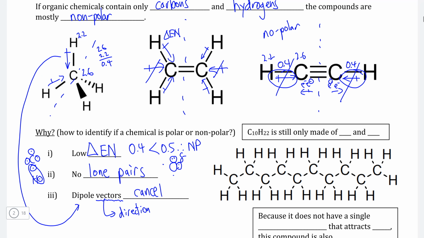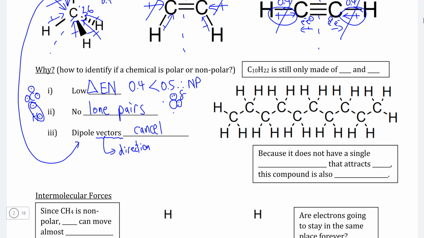We can see that this is true with our simplest example of an organic molecule, CH4, because there is the middle and there is the middle, and these are the same magnitude, opposite direction, meaning that they cancel. Now, this gets a little bit overwhelming when looking at large organic molecules such as C10H22, but we